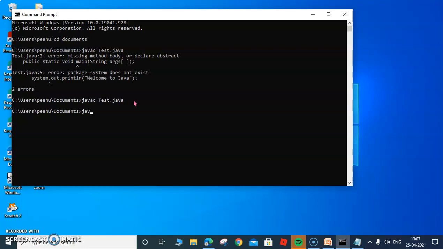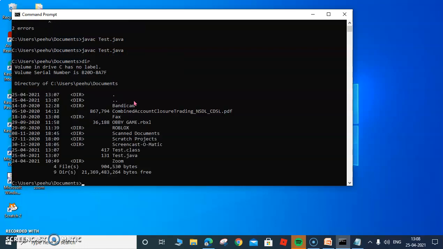We will redo it again. Let's say javac test.java, and just by pressing the enter key, it is coming back to the prompt without any error, which means our source file has been compiled successfully. Now if you wish, you can write the dir command, the directory command, to check the files.